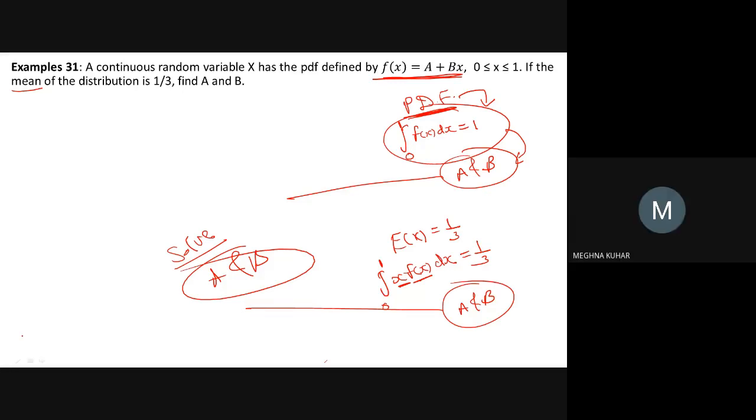Sir, A is 2 and B is -2. Yes, sir, A is 2 and B is -2. Let's give a small time to others also. Then I will reveal whether A is 2 and B is -2 or not. Then we will go for the solution. I need solutions from others also. Unmute yourself and let me know. At least everyone should try this. Sir, same answer. Yes, sir. A is 2 and B is -2.